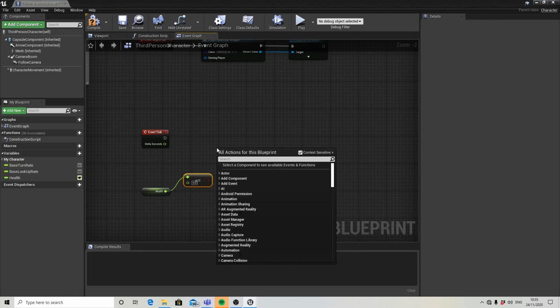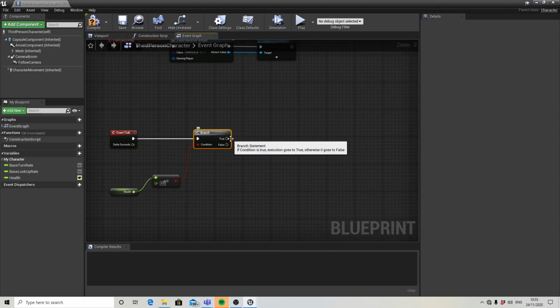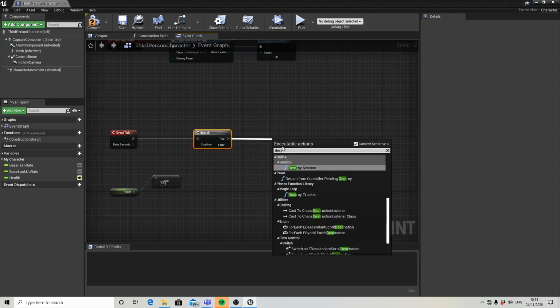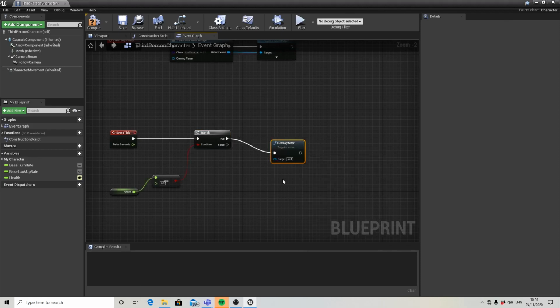If you right click and search for branch, hook this up, put the event tick up to the branch, and then off of true, we're going to search for destroy actor. So the event tick will be firing off every frame, checking, and if our health is less than or equal to 0, if this is true, it's going to destroy our character. So if we compile and save,